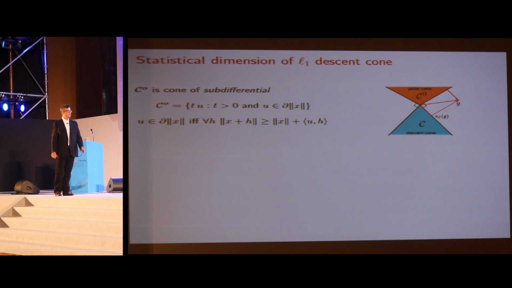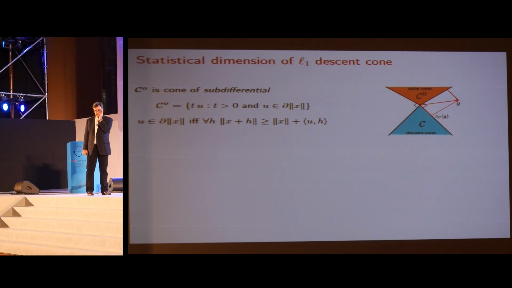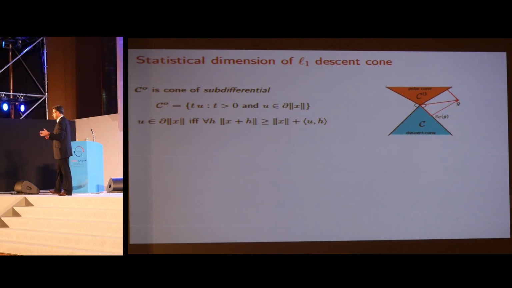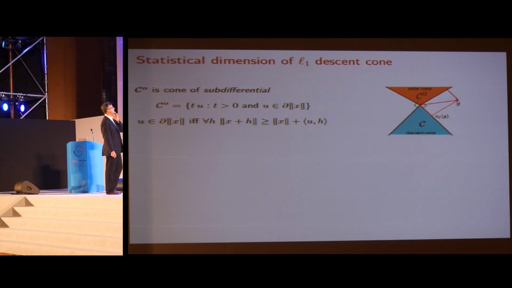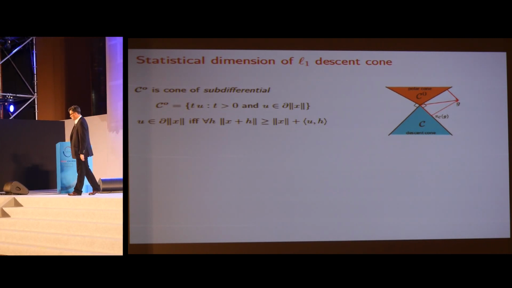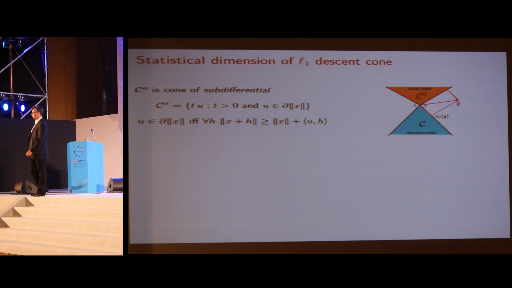Okay, so now we're ready to do some calculations because we're going to calculate the volume. So we know that we need a number of equations just above the statistical dimension. So let's compute statistical dimensions. All right, so let's do it in the case of L1. So I've got my descent cone, this blue cone. I've got my polar cone, the red cone. And it turns out, and that's the last piece of geometry we're going to use, that the polar cone is simply the cone of subdifferentials. So it's a cone of subgradients to the norm we're working with. So it has a complete characterization as being the cone of subgradients. And it's very easy to calculate subgradients to the L1 norm.